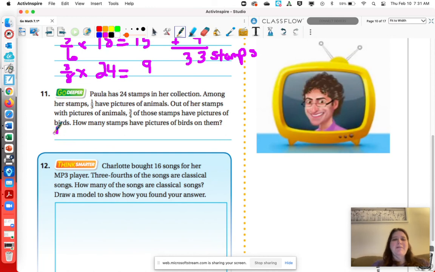So we need to solve the first problem, which is 1/3 of 24 to find out how many have animals. So divide by the bottom, 24 divided by 3 is 8. Multiply by the top, 8 times 1 is 8. So that's how many have animals. Now we need to do 3/4